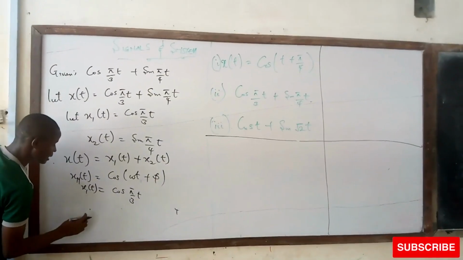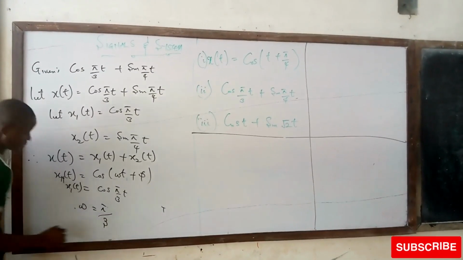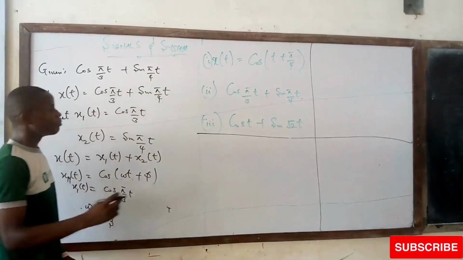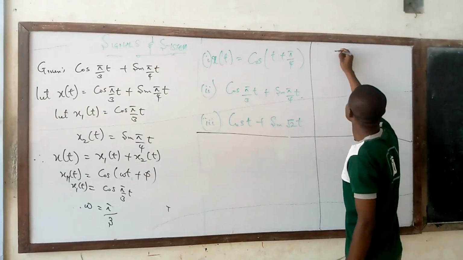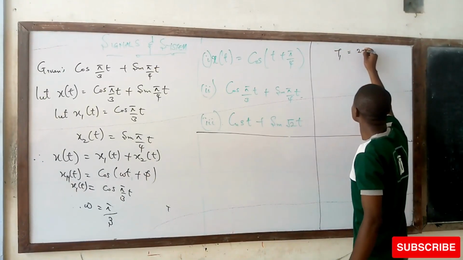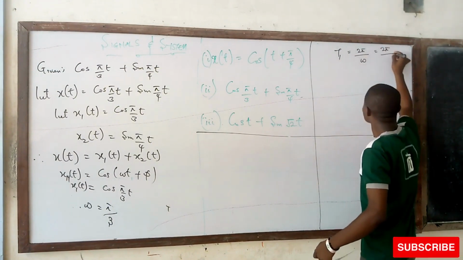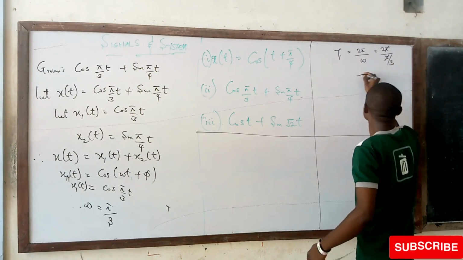In that case, we can say our omega is equal to pi over 3. From here, if you compare this to this, our omega is pi over 3. Moving on, our T1 is going to be 2 pi over omega, which is 2 pi over pi over 3. Pi cancels pi. Hence, we have T1 to be